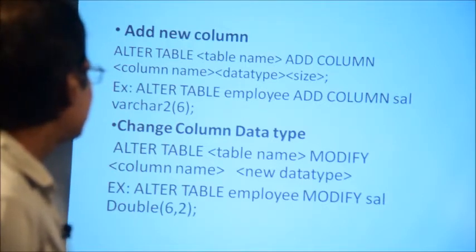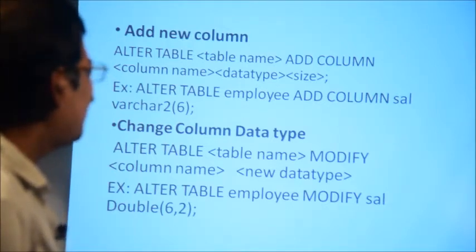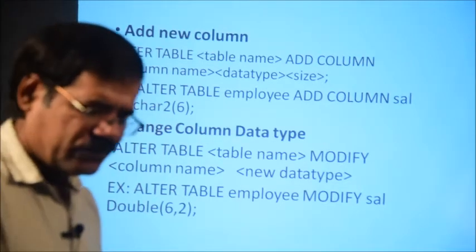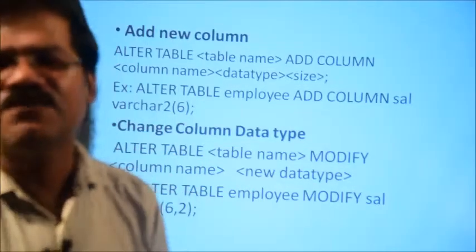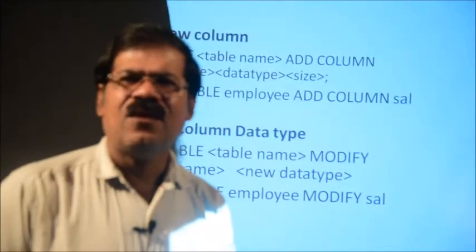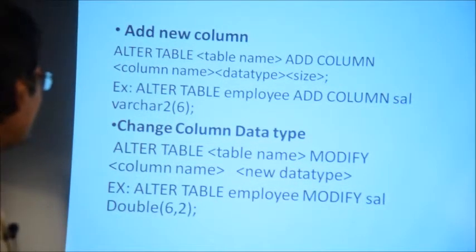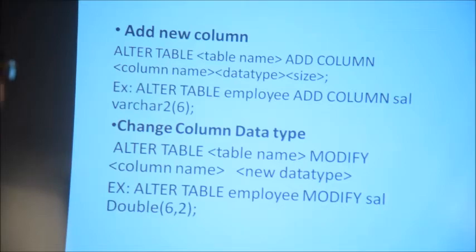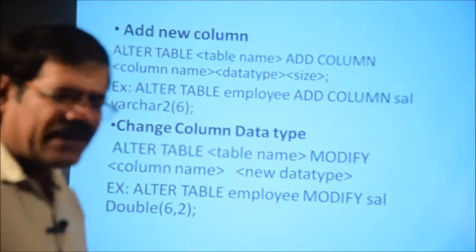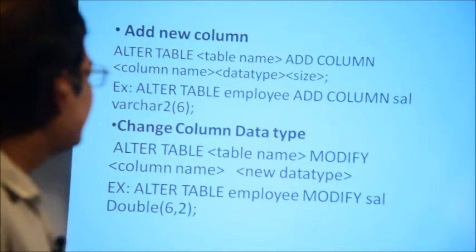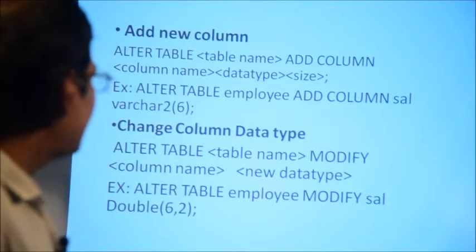Basically it is a number type. So the data type is not exactly varchar2. Salary is a number or decimal type, or maybe double type, you write that one. So, double type. You write the data type and the size of that particular field. The concept is you add the column.